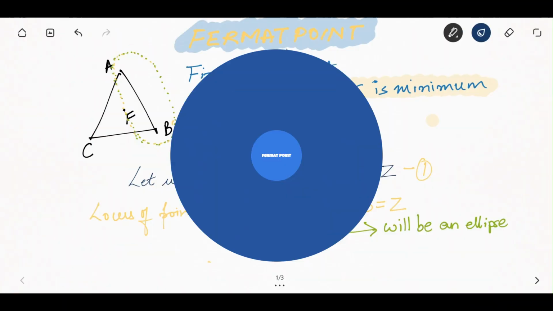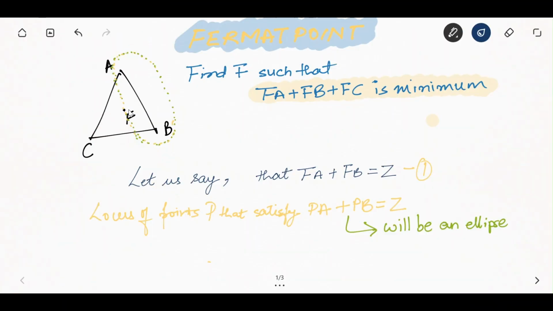This video is about the Fermat point, which basically is any point F inside a triangle such that FA plus FB plus FC is minimum, where A, B, and C are the vertices of the triangle. Now to solve this problem, let us say that FA